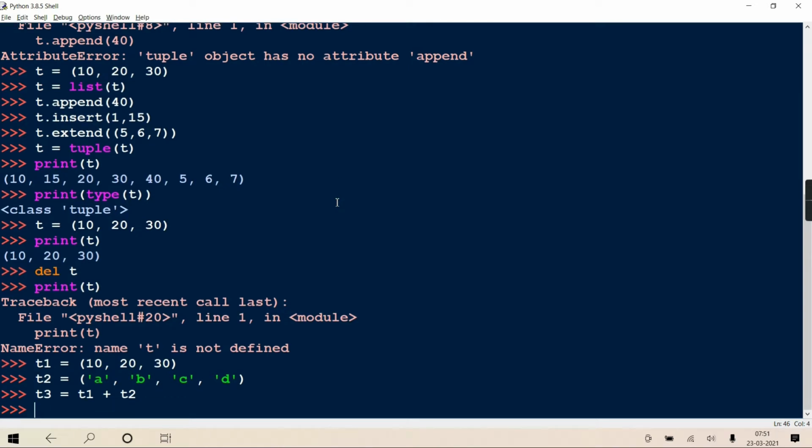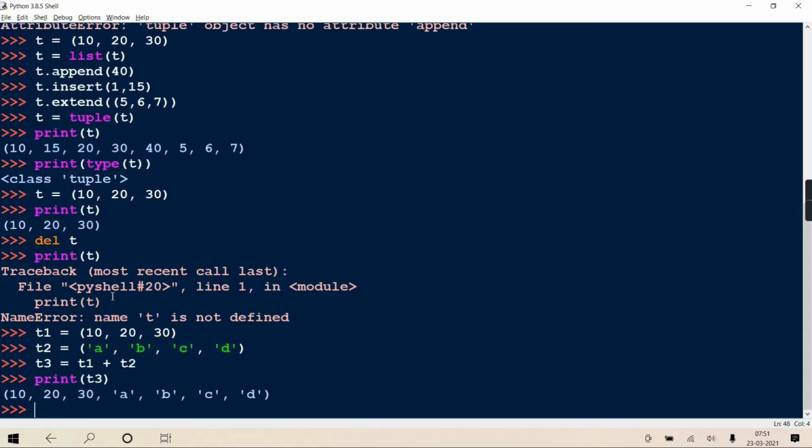Again here also, implicitly one magic method is called, double underscore add double underscore. Through that magic method this concatenation happens. We feel as if plus is doing it, but plus is just overloaded. In place of that plus, one magic method is called.